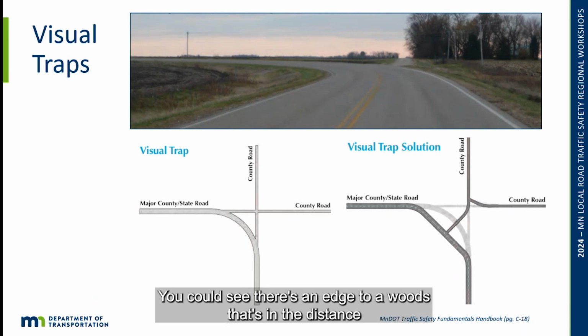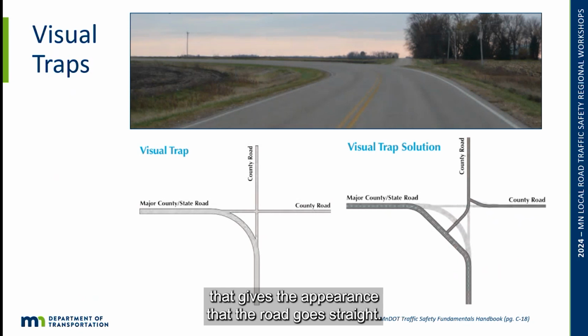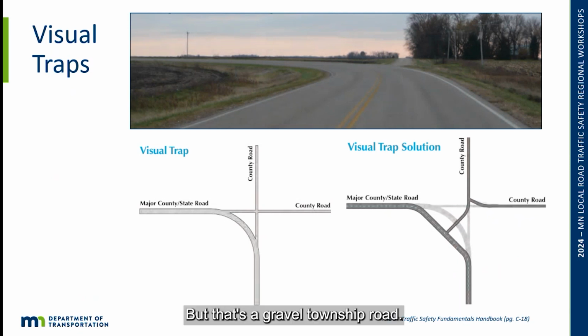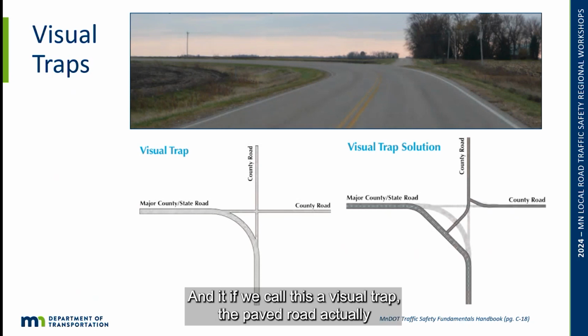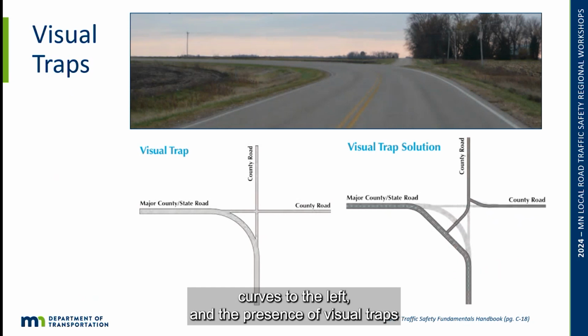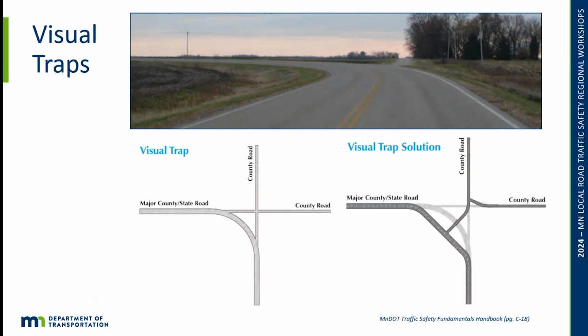You could see there's an edge to a woods in the distance that gives the appearance that the road goes straight, but that's a gravel township road, and we call this a visual trap. The paved road actually curves to the left,